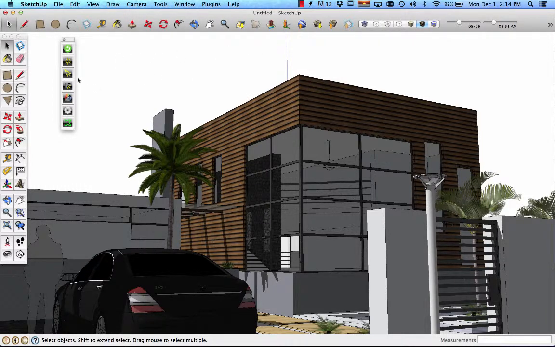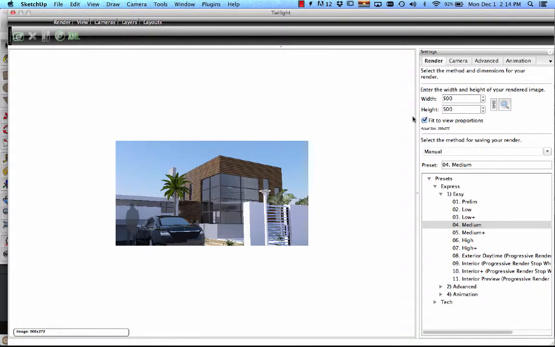Okay, so now I'm going to do my final render, and I'll stop the video at this point, but I'm going to render this out largely. So if I needed to render something that I knew I was going to print, what I would need to figure out first is what are the dimensions that my final image is going to be. So if it's going to be a 10-inch image, I have to multiply the dimension of the image, 10 inches, by the acceptable print resolution, which is 300 dots per inch. So I would say 10 inches times 300, which gives me 3000